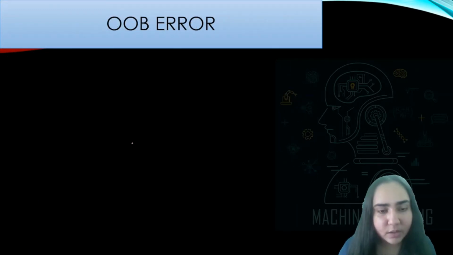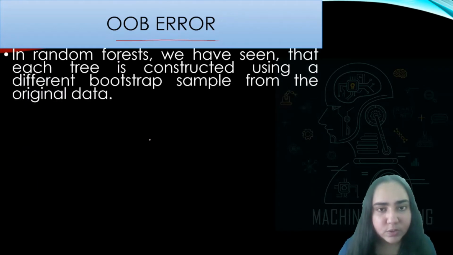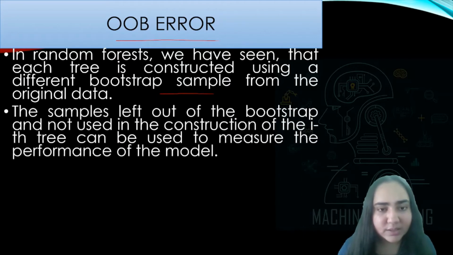Now, in a random forest, there is something called an OOB error. So what is that? Each tree is constructed using a different bootstrap sample from the original data, and sometimes there are samples that are left out of the bootstrap. Let's say I'm creating my ith decision tree, and I have taken some sample values from my original data set.